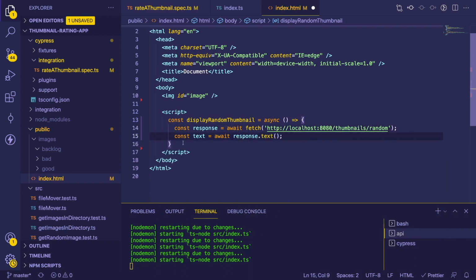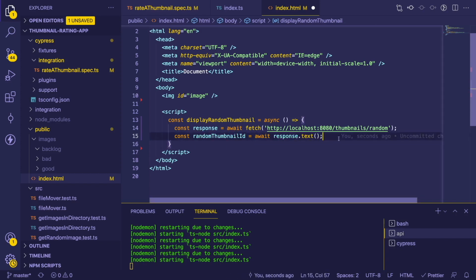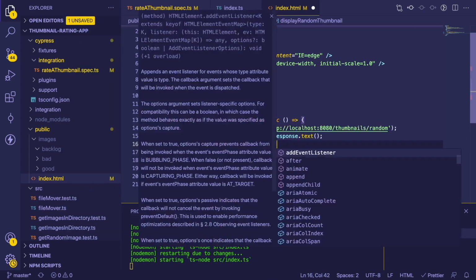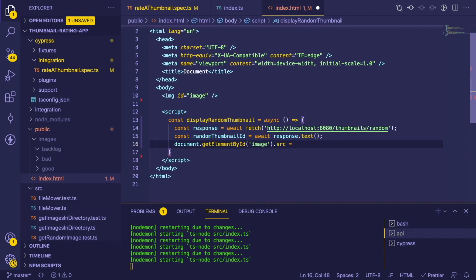And this should hopefully be the random thumbnail. So I'm going to say random thumbnail ID, because in our backend it should just be returning some string. And what we need to do is basically get that element here. I'm going to say document.getElementById. We need to get our image and we need to change the source equal to,